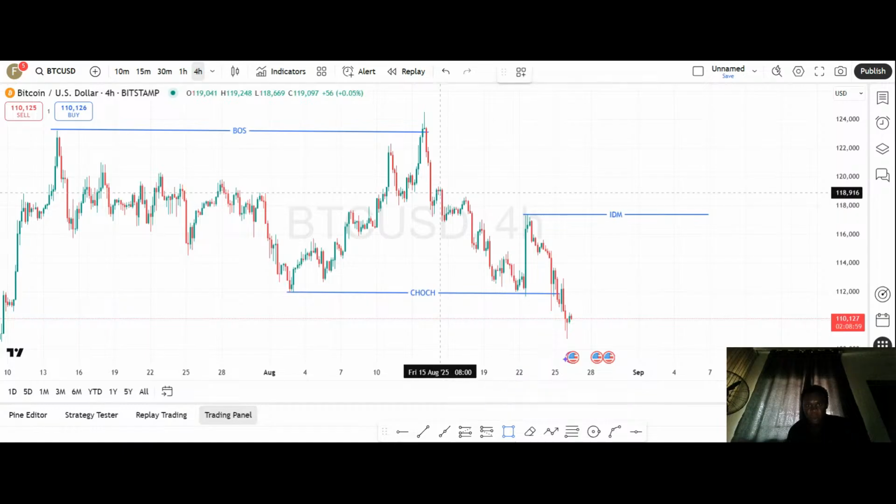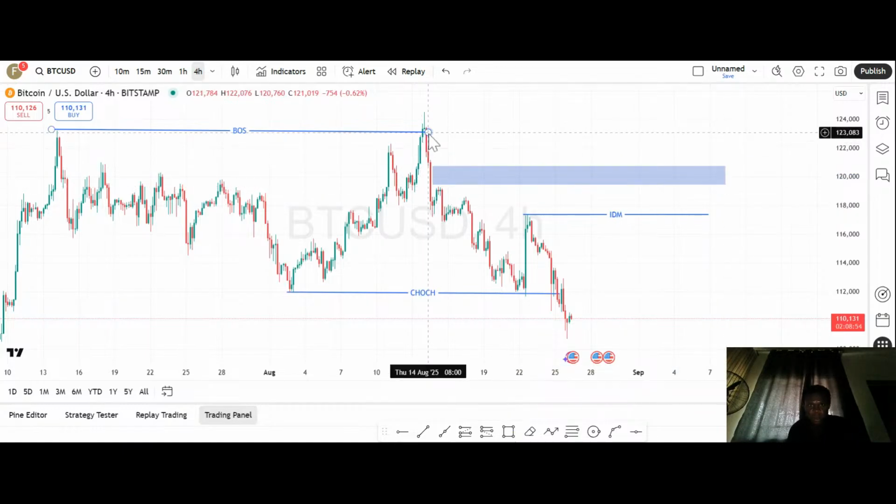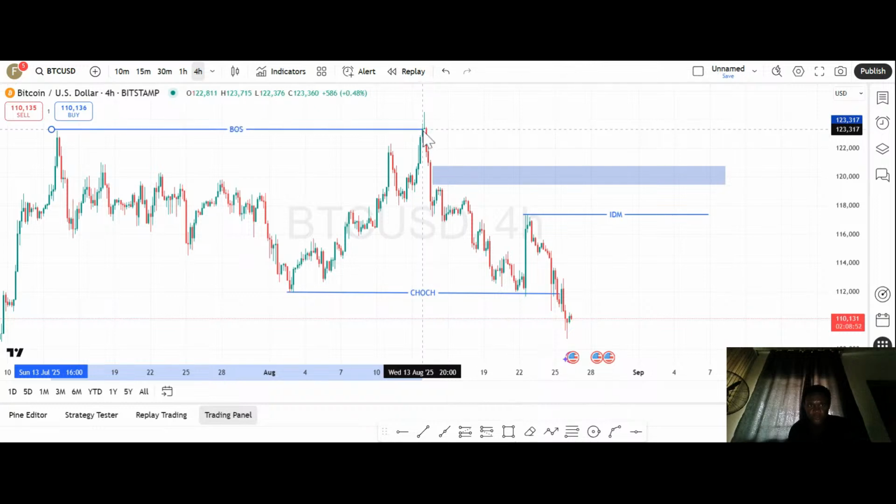But there is a fair value gap up here again now. So I will still use this fair value gap instead of this inducement, because BTC likes to respect fair value gap. One thing I need to tell you guys personally is that